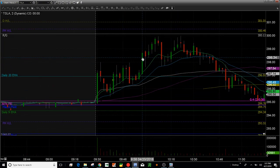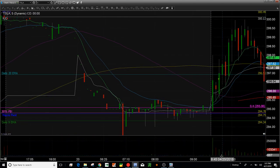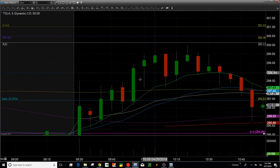It shot up, retested twice, found support. And actually on this one right here, if you look on the 5 minute chart, it found support with the 9 EMA on this one right here. And from that point, it just went all up to near 300. I think on this one right here, it was getting close, came back, and then what I did,